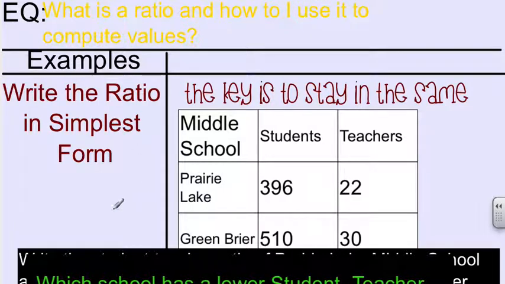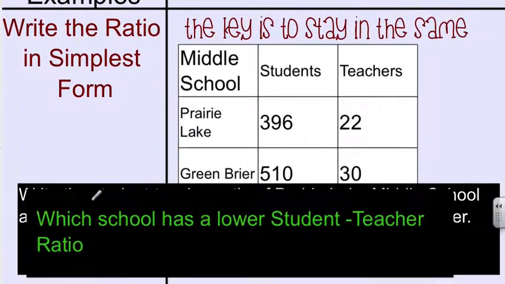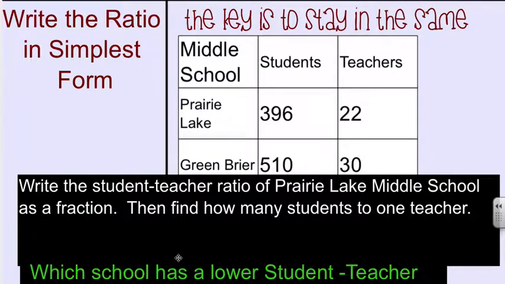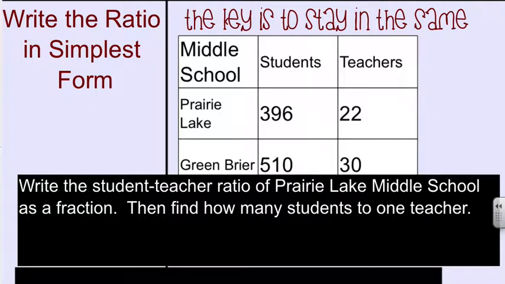All right, let's look at an example here, kind of a word problem table to follow. We have a few questions that we have to solve. Question number 1 is not this question, it's this one, so I'll move this one out of the way. Question number 1 says to write the student-teacher ratio of Prairie Lake Middle School as a fraction. So, a few things. I want to go to Prairie Lake. Prairie Lake is right here. I need the number of students and the number of teachers. This says to write student to teacher. So student number comes first. I look here, my student number is